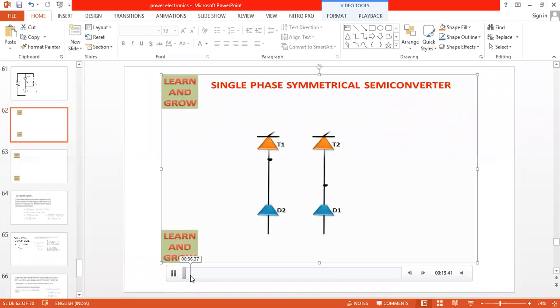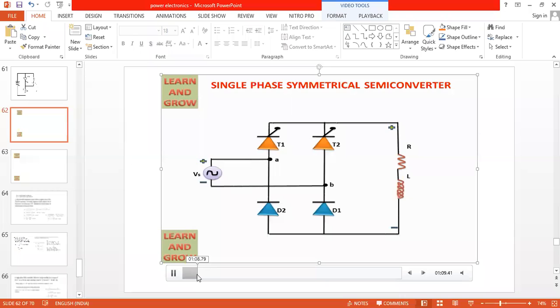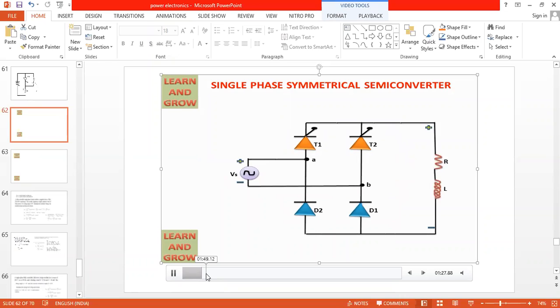So why are we supposed to use this semi-converter or half control converter? Semi-converter is used only for 0 to 180 degrees. The semi-converter circuit contains 2 SCRs and 2 diodes. The cost of a semi-converter is less when compared with the cost of a full converter. Whenever we require speed control of the motor only from 0 to 180 degrees and only in the forward direction, then we go for this semi-converter. If the motor speed has to be controlled in both directions, forward and backward, then we go for the full converter. Okay. So now semi-converter provides more